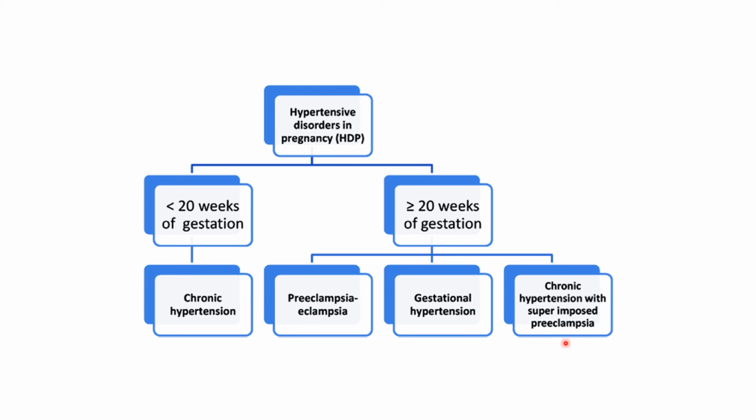Chronic hypertension with superimposed preeclampsia, the definition of this can be when you already have pre-existing chronic hypertension. However, in pregnancy, you have new onset proteinuria, or a patient who already had hypertension and had already had proteinuria, but during this pregnancy, the